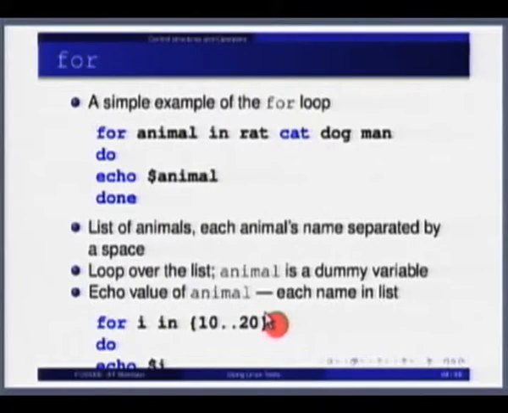If the increment is supposed to be -1, then perhaps Prashant can tell. Separated with dot dots. Instead of 10 increasing by 1 up to 20, if you want 20 decreasing by 2 up to 10, then what to do? After the 20, use again two dots and put the number -2 or +2, whatever the increment is supposed to be. The default increment is +1. You put that increment again after two dots and then close the curly bracket.